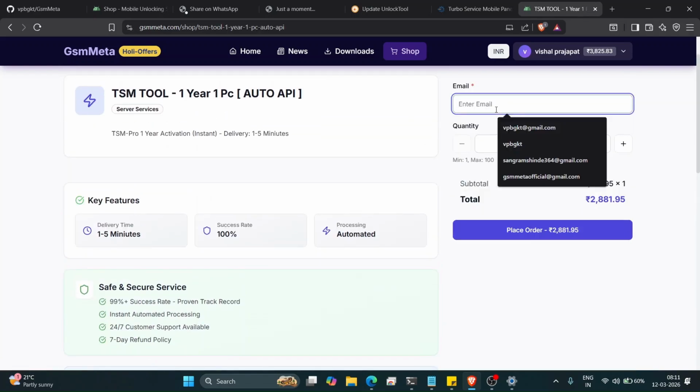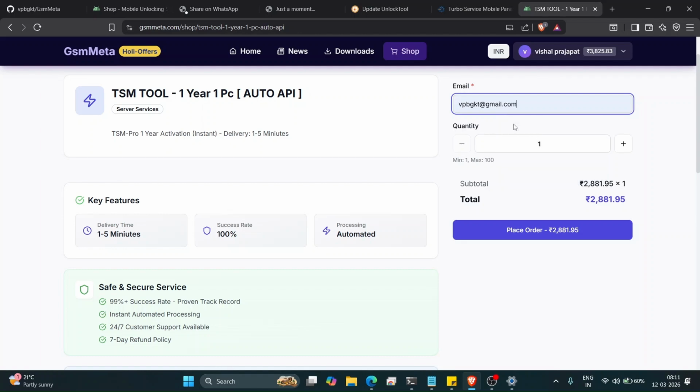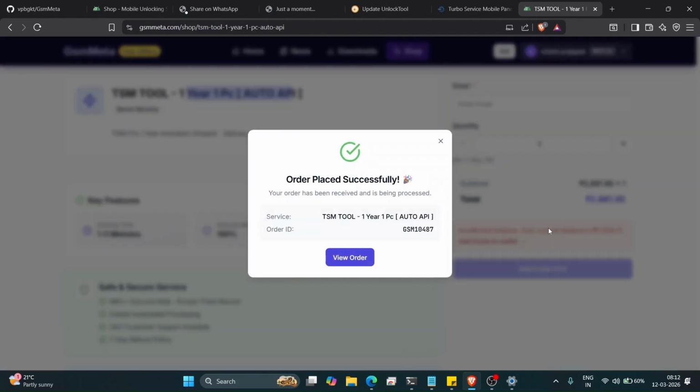Now insert here the email address which we have used to register into the TSM tool. So this is my email address, and now click on the place order. I have clicked on the place order, and order placed successfully. Now we have to click on view order